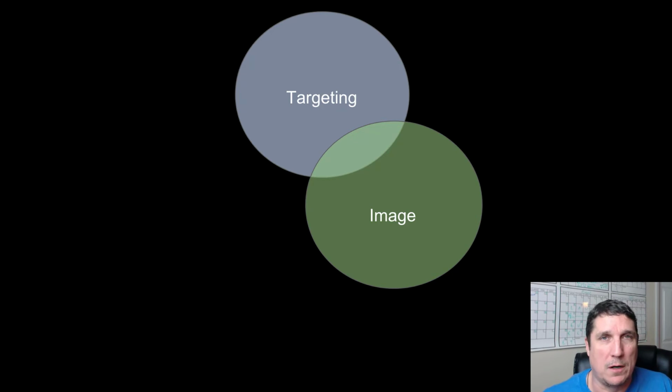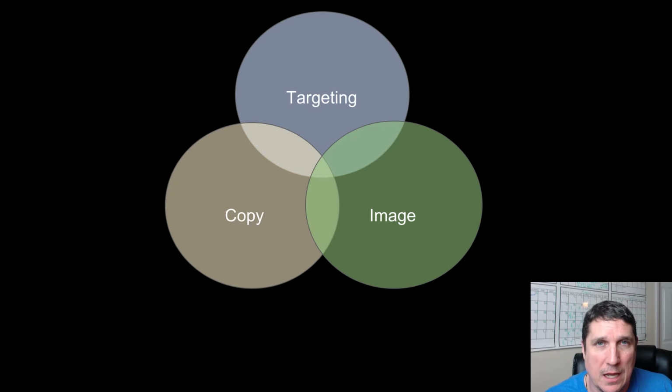And then the next part, and this is the part that ties everything together, that's copy. So targeting, image, copy. Your copy is what ties it all together and qualifies or disqualifies people. So I think y'all know that. You're like, oh, well, yeah, Ben, I know you have to have good targeting, great image, and great copy. Okay, but what you may not know is what happens if only 2 of those 3 are hitting, right?